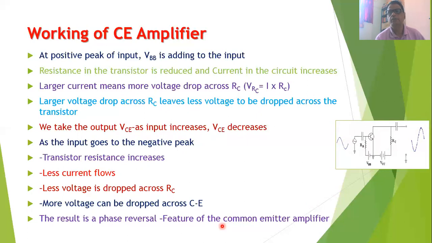Also, you will find that when the input signal changes in very small amounts, for example, when the base current IB changes by a very small amount, such as microamperes, the collector current changes in milliamperes. That is, a small change in the input current will cause a very large change in the output. Therefore, the amplitude of the output signal is much higher than that of the input signal. That is, we can say that the input signal is being amplified by the circuit.